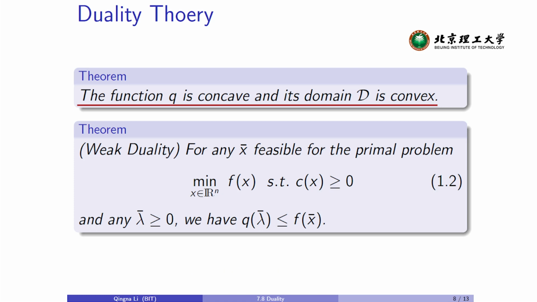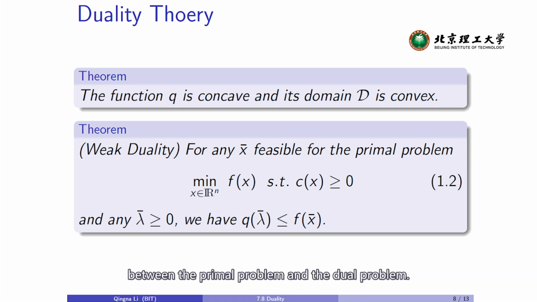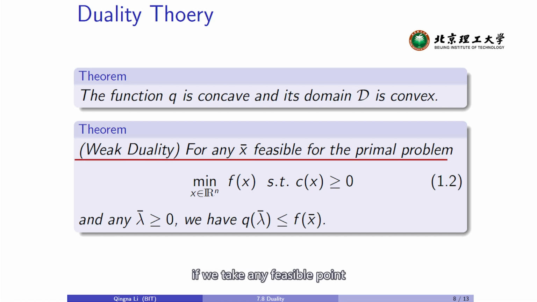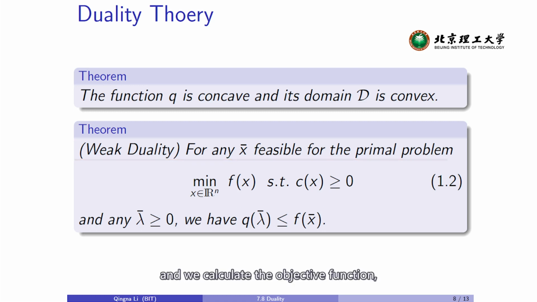In other words, the dual problem, if we transfer it into a minimization problem, it is a convex problem. Okay? And the second result is that there is some relationship between the primal problem and the dual problem. The relationship basically says that if we take any feasible point for the primal problem and we calculate the objective